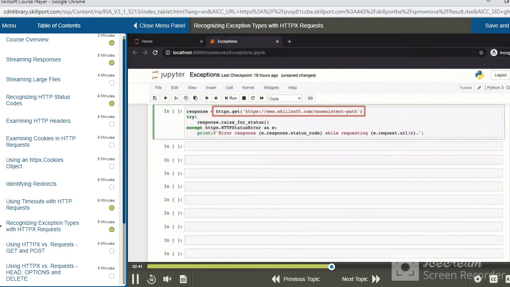When we send over such a GET request, that itself will not raise an exception. In fact, it is the response object which contains the details for the status code, and based on that, we can decide to raise an exception. And how exactly can we do that? Well, we revisit the function raise for status, which is available in a response object. This will look at the status code and